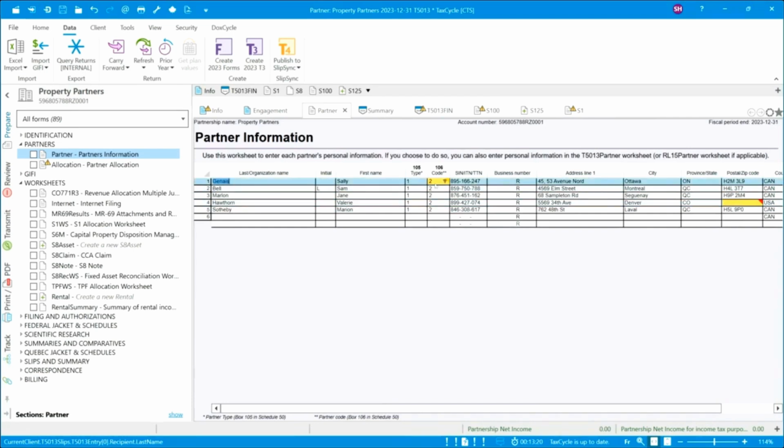So I have 5 partners. They're all individual type partners. They're all general partners. And I can see here that I have a warning that I'm missing a postal code. So if I go ahead and look them up, let's say they are just